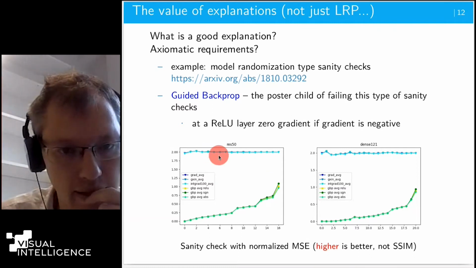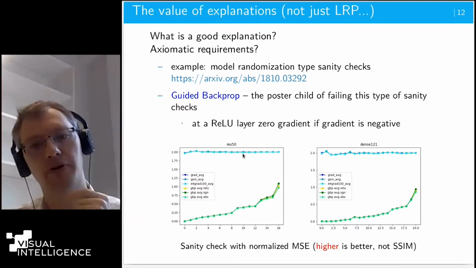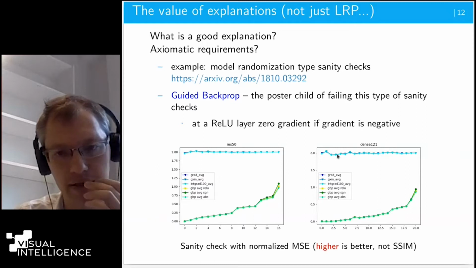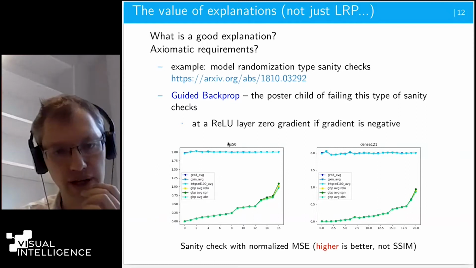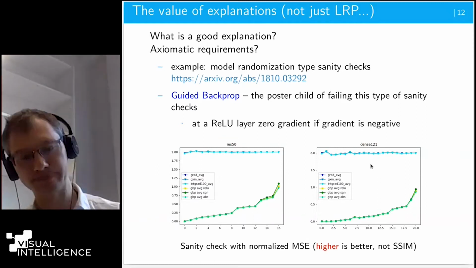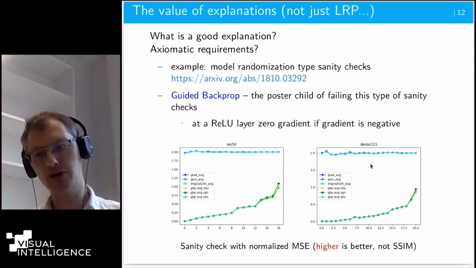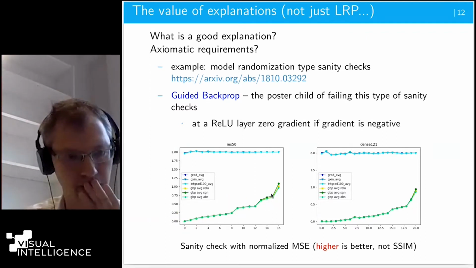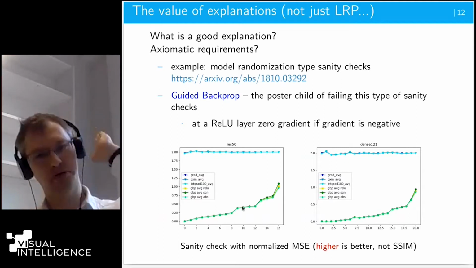This is the gradient with subpixel averaging, this is gradient times input with subpixel averaging, and this is integrated gradients. I do them for ResNet 50 and for DenseNet 121, so two state-of-the-art neural networks. And yes, guided backprop is super insensitive. So according to the paper, don't use that.